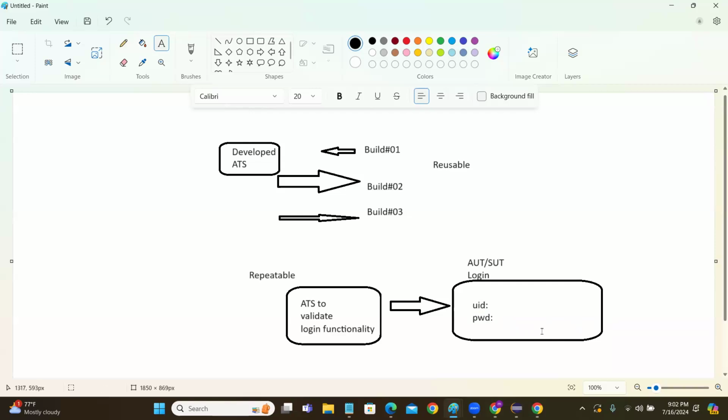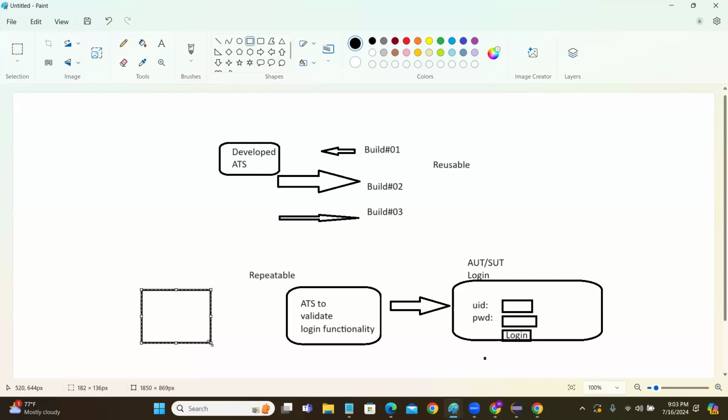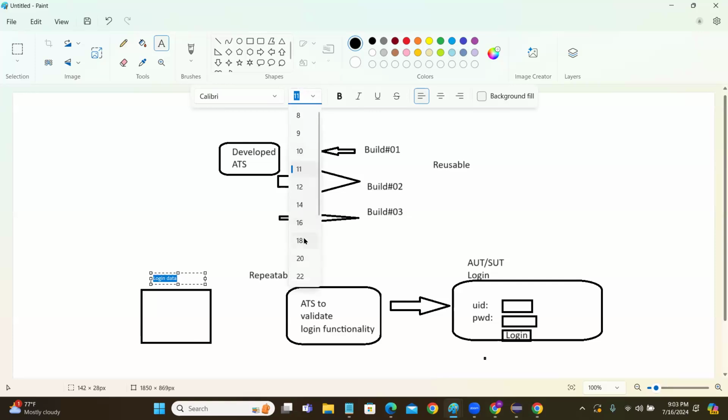I have the login button. Now to test the user ID and password login, here I have the login data. What is it? Login data. This login data